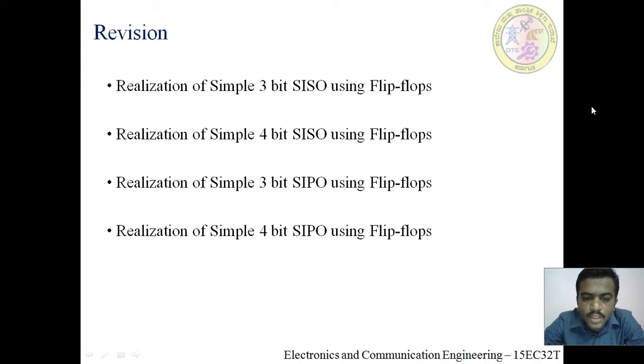For example, if we have a 4-bit serial in parallel out shift register, the data is shifted into the shift register in serial form. The data is shifted out of the shift register in parallel form. It means that 4 bits of data are simultaneously shifted out of the shift register on application of a single clock pulse. The entry of the data is serial, that is only one bit of data is shifted into the shift register, but the output is taken in parallel form, that is on application of a single clock pulse 4 bits of data are shifted out of the shift register.